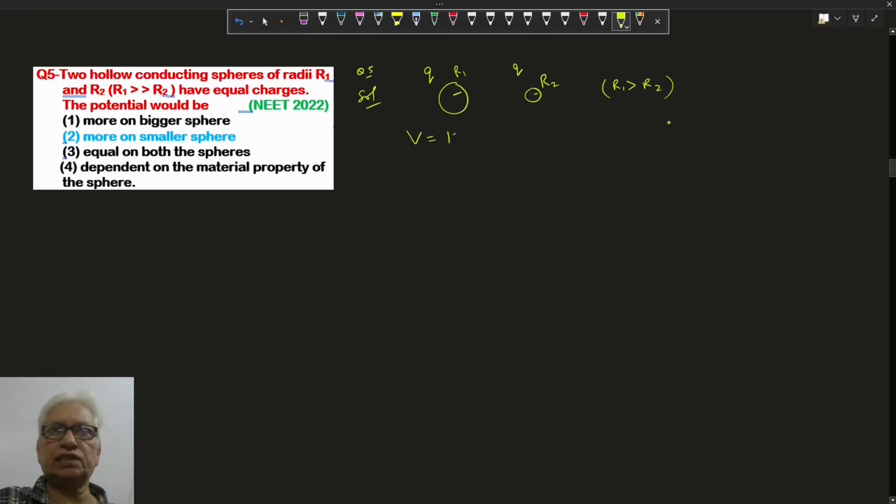Potential formula is KQ by R1 and here KQ by R2. Charge is same in both, the difference is in radius. Radius of this is more, so voltage will be less. So voltage V1 is less than V2. So on the second one, radius is smaller. Means option